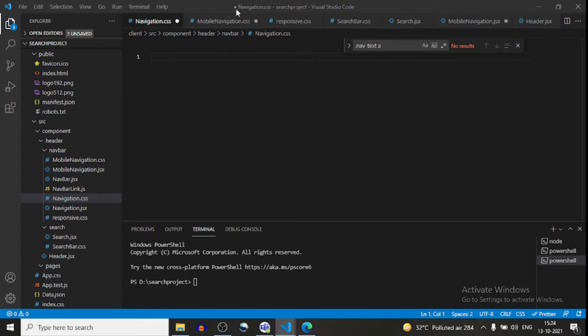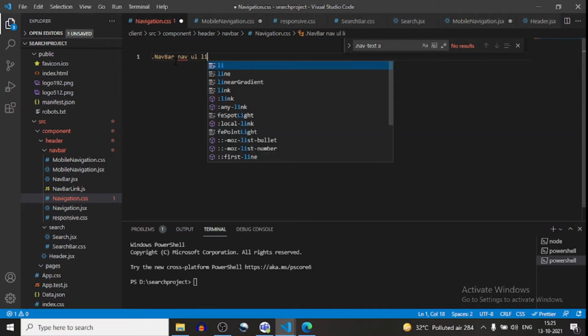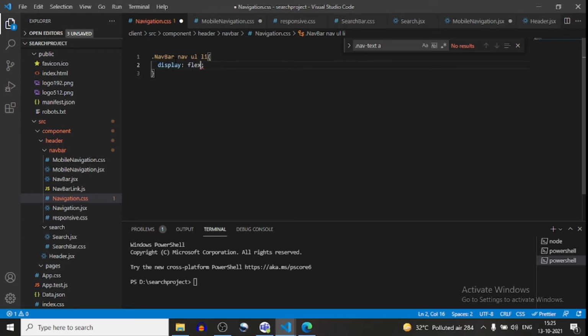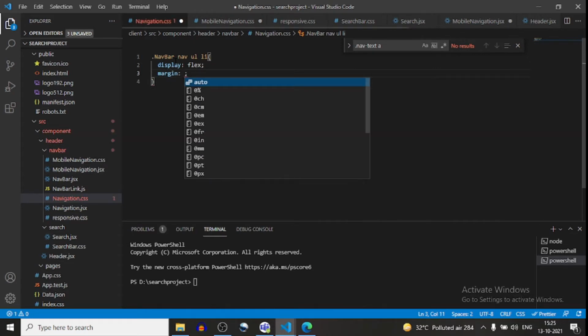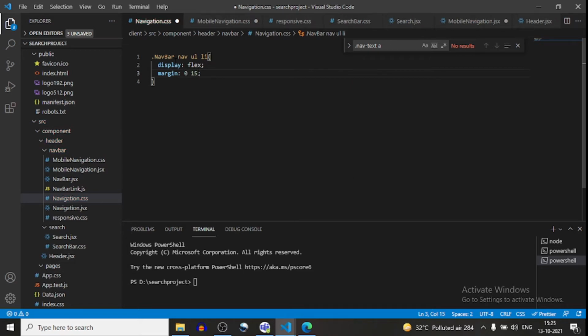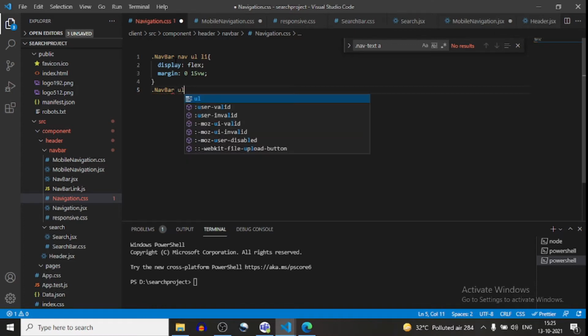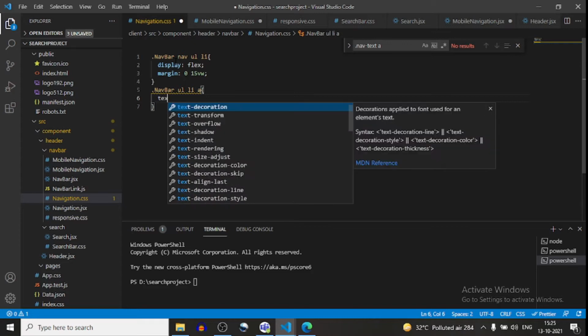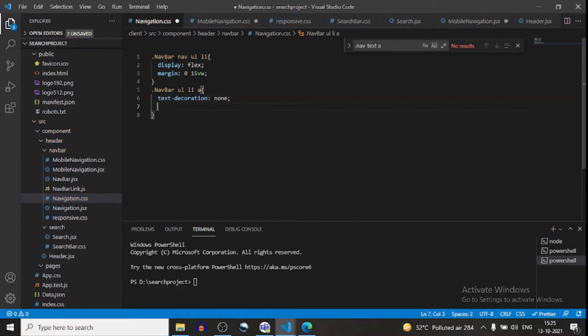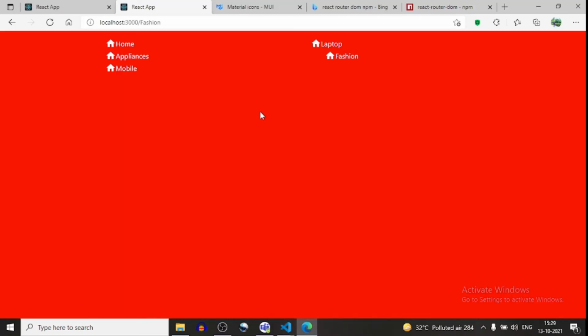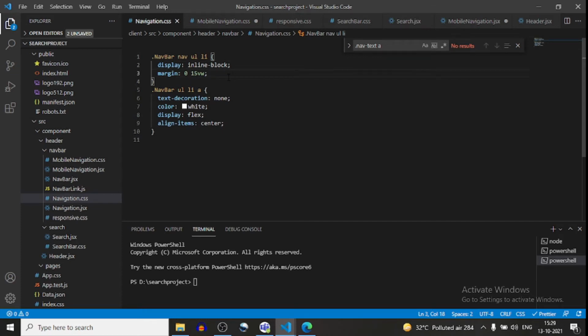So here I will use navbar, nav, ul and li, display flex, margin will be 0 and 15vw. And navbar, ul, li and a will have text-decoration none, color will be white, and display will be inline-block. Margin 0 and 1.5 actually.